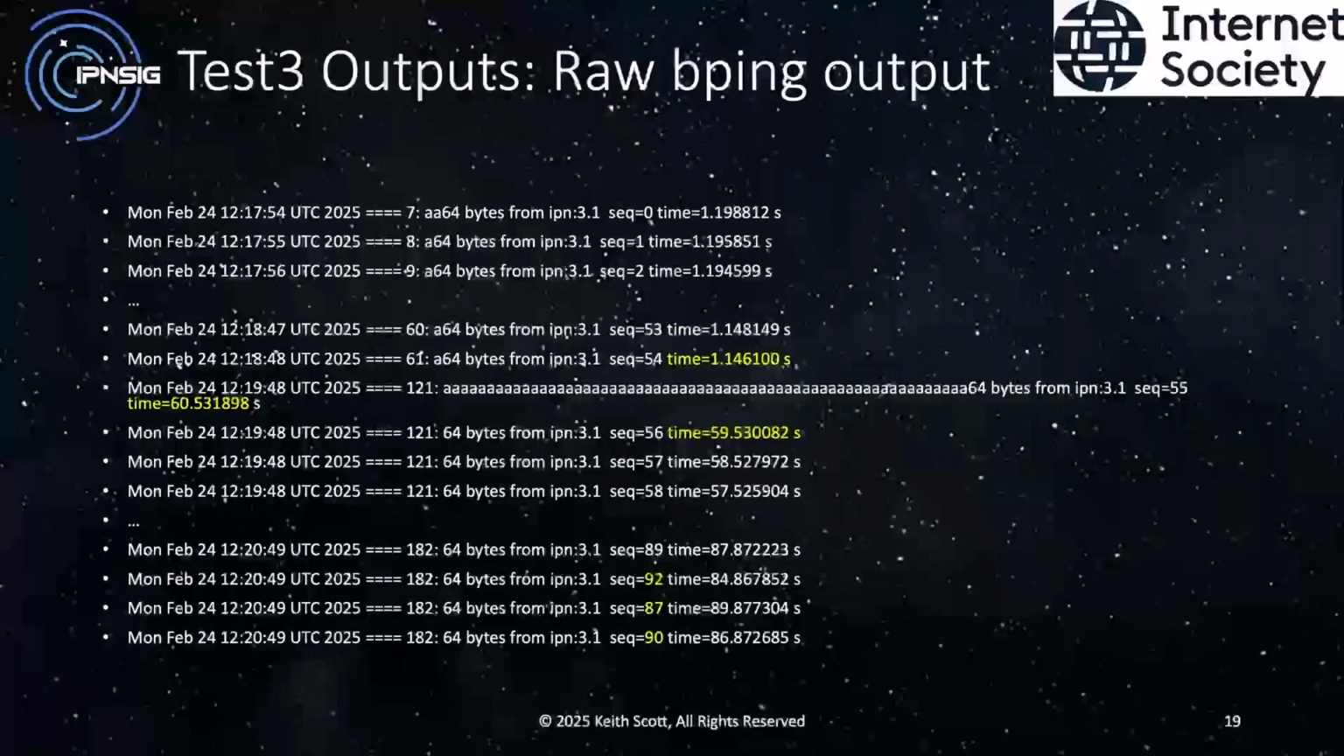So the main command that the test3 scenario runs is a bping from node A to node C. And this is showing just a chunk of the raw bping output from that. So you can see the sequence numbers coming back. This is probably node 1.3 pinging node 3.1 with a BP echo running. So you can see these coming with the round trip times over at the right, which are relatively small when